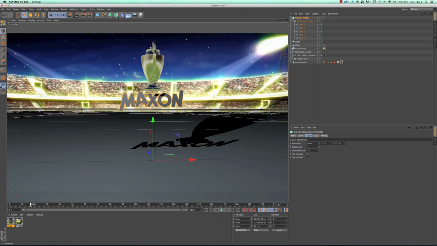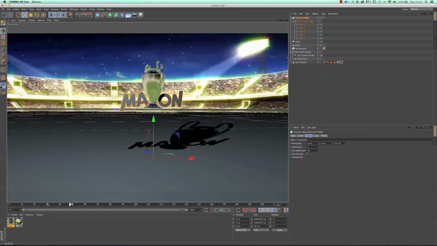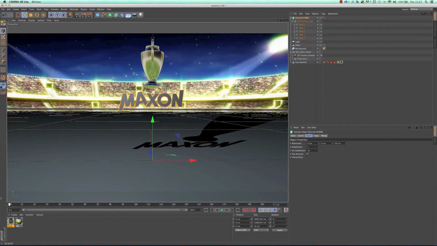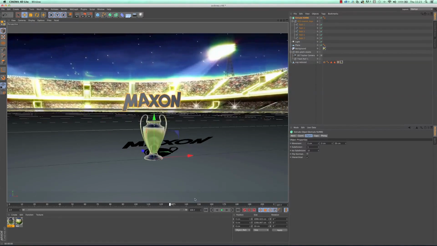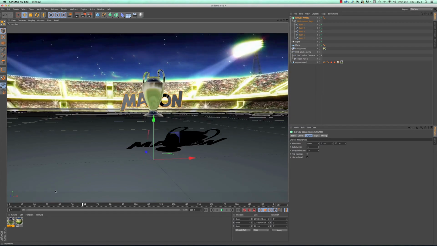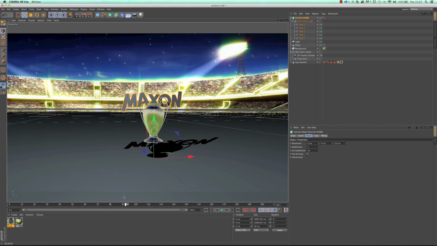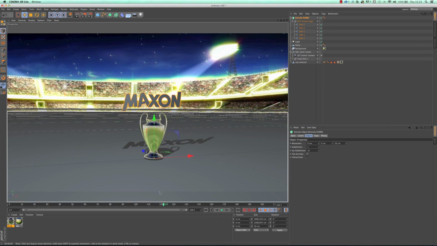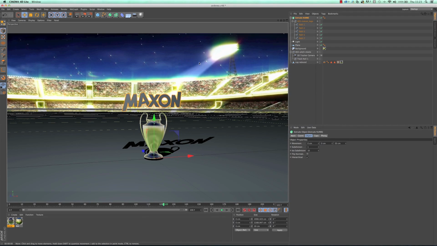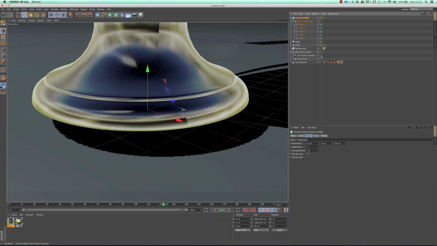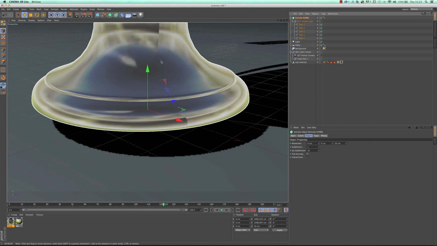Another problem that you can have, so we're looking through this After Effects camera, is okay, I've got a logo but I can't really see that well how 3D that logo is. It'd be quite nice to go in and see the finer detail. And the good news is you can switch to a Cinema 4D camera if you want instead by turning off this icon here. So if I turn that one off, I'll then go to the editor camera.